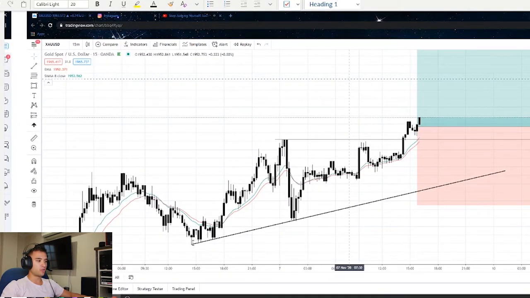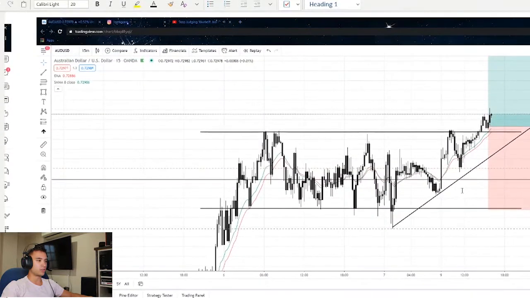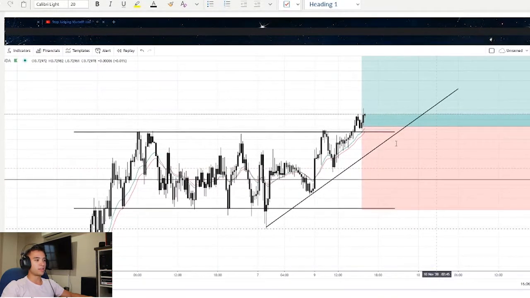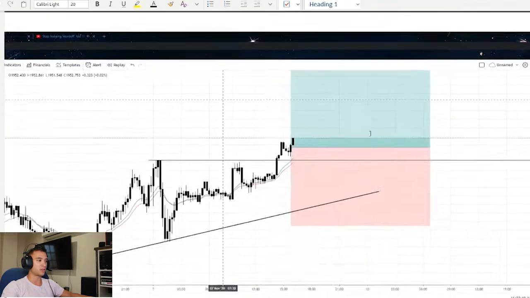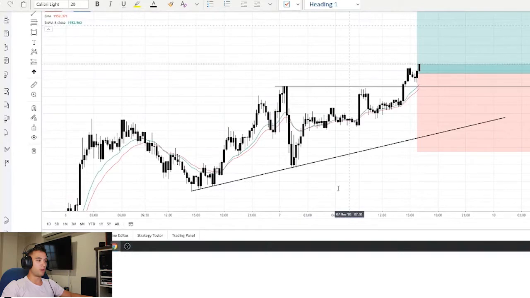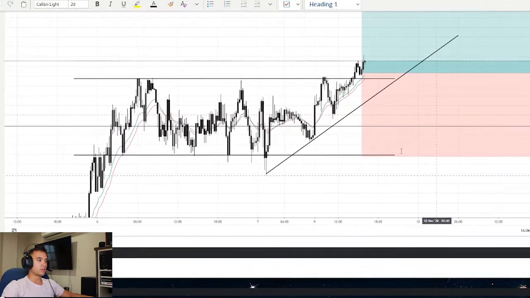Now the reason why I drew a second trend line here and also on this one is because, well, I did set my stop loss according to structure. So for this one I put it below the consolidation box. This one I put it below the trend line. So I also drew a trend line here because if price closes below both moving averages and it closes below this minor trend line, then more than likely I will take my